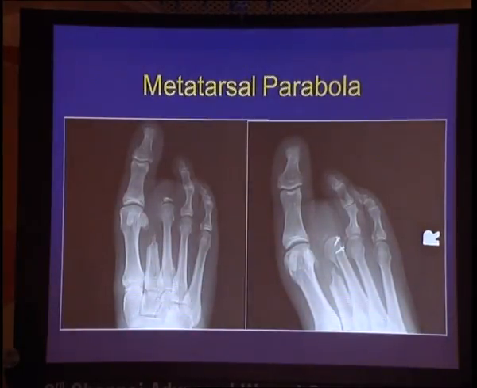The metatarsal parabola, probably the most common mechanical problem that we see for our patients, is combining equinus, so tightness of the Achilles tendon or the gastroc with the ankle, with an abnormal metatarsal parabola. And again, we could examine everyone's x-ray here. I'm sure we could find something wrong with every one of your feet, with every one of your x-rays. No one has a perfect foot. And when you have diabetes and you have neuropathy and you have a partial amputation, now